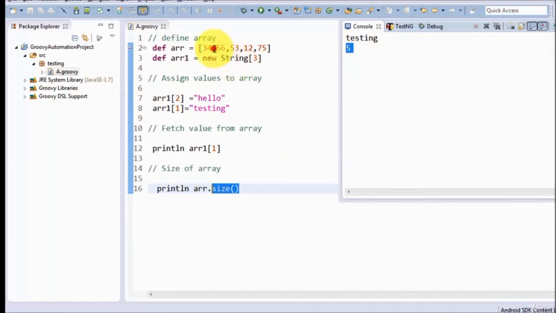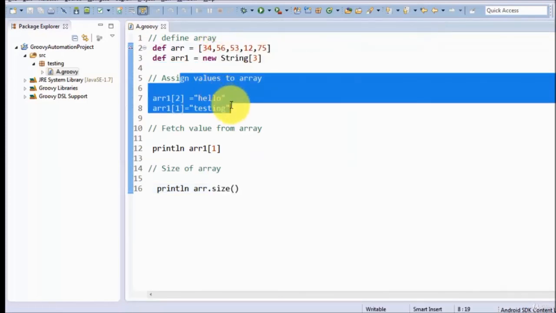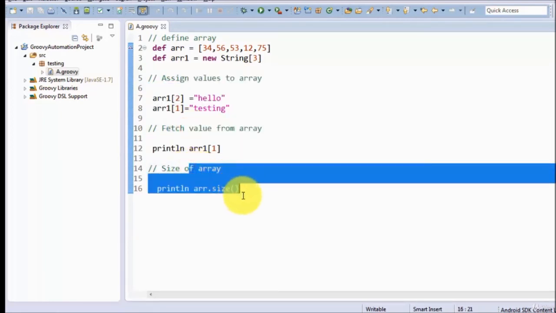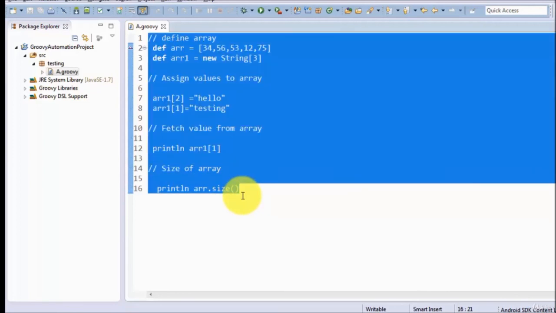So here we have seen we have defined an array. We are assigning values to the array. We are fetching values from the array and we can get the size of the array. Copy this code